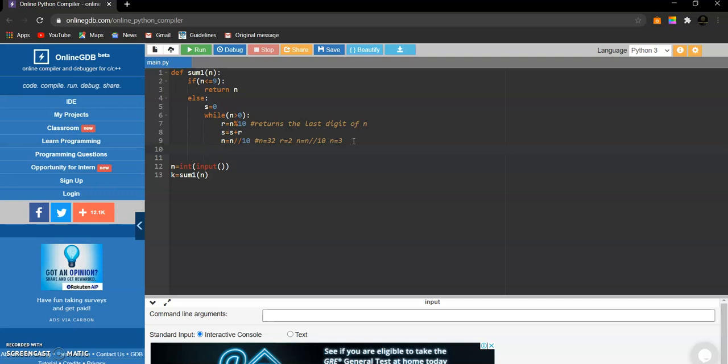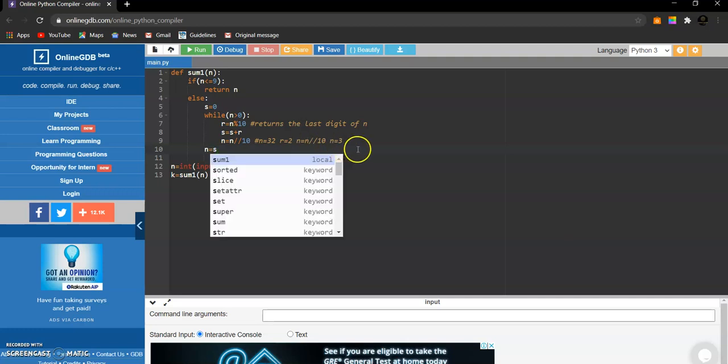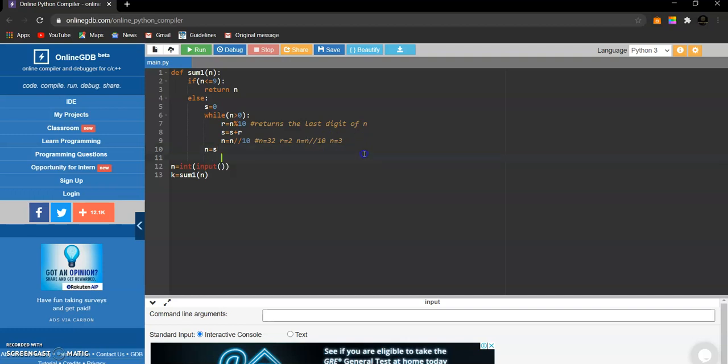When we have computed the sum of all digits, we need to assign or update n as the sum, and we need to recursively call sum1 in order to obtain the digisum, as I've already explained.